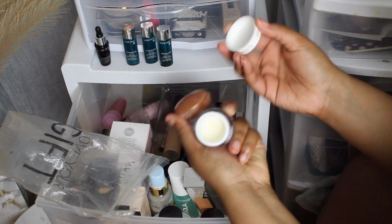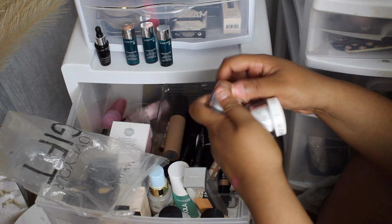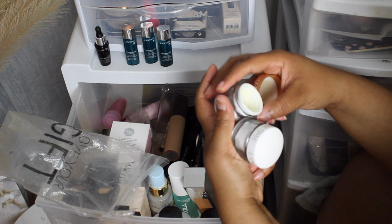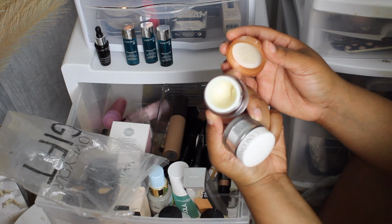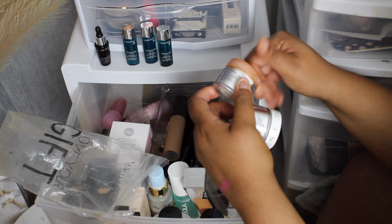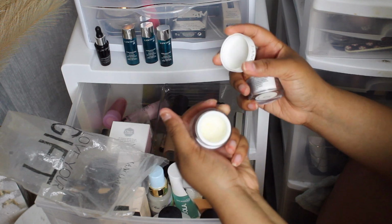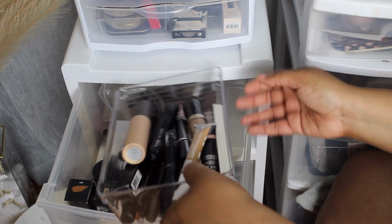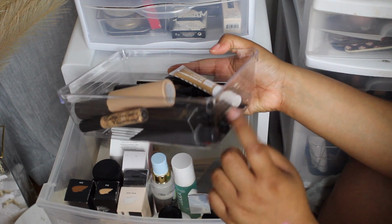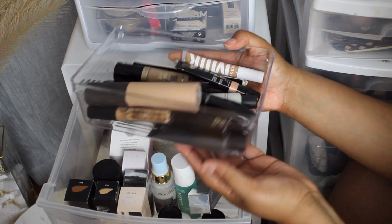This is all sample size stuff, so, oh, I didn't even finish the Absolute. I think I almost finished the sunscreen. I haven't used this stuff. I'm not going to use it anymore because it definitely changed color. Like, it looks like a beige, and I'm pretty sure it was more white. I'm not sure. Let me be careful with this because this bucket right here came from the Dollar Tree as